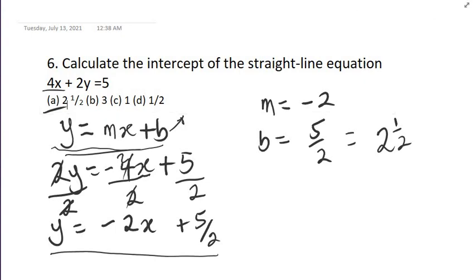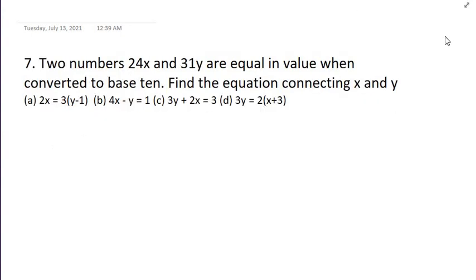Okay, let's look at question 7. Two numbers, 24x and 31y, are equal in value when converting to base 10. Find the equation connecting x and y. So let's express them in base 10. So we have 2, this is in base x. So 2 times x raised to power 1 plus, sorry, the other number is 4, not 2,